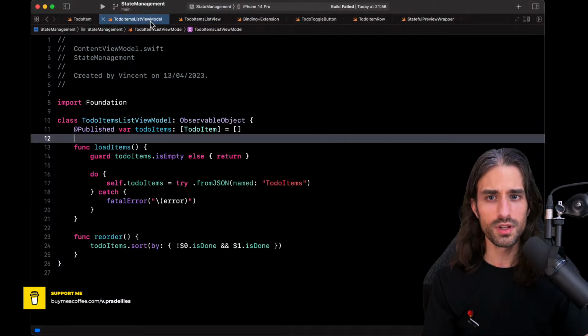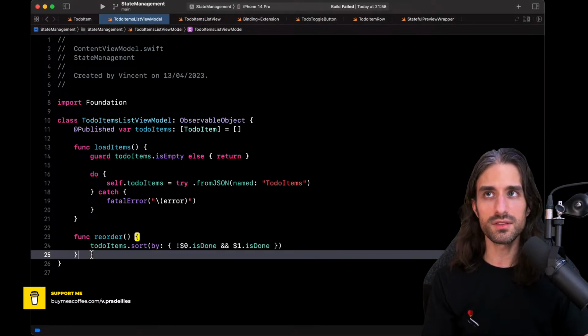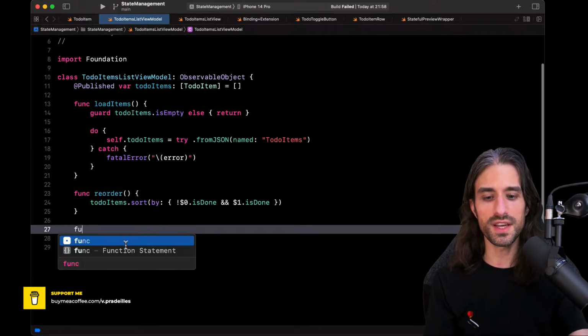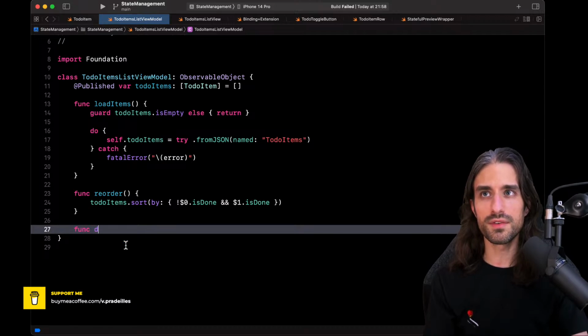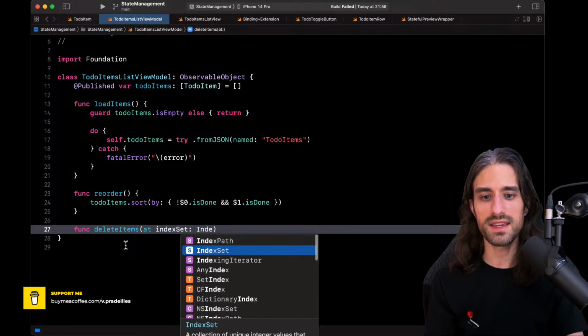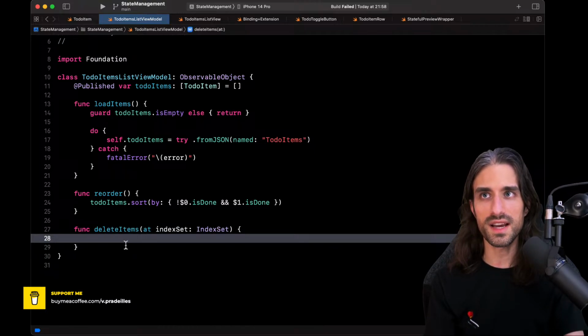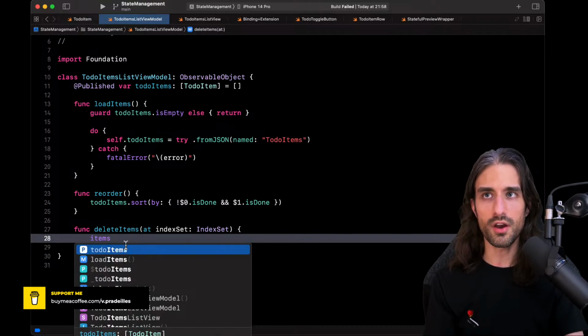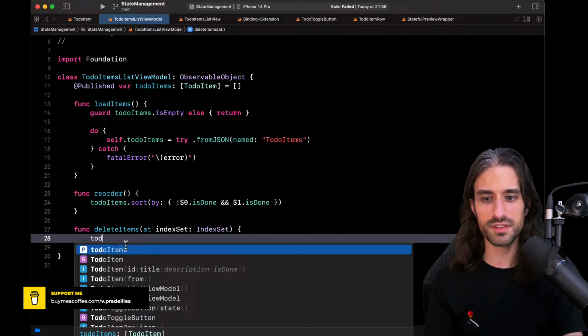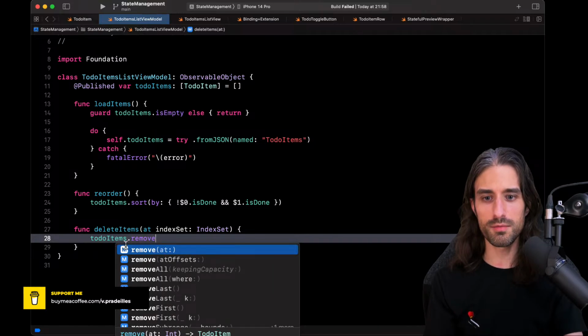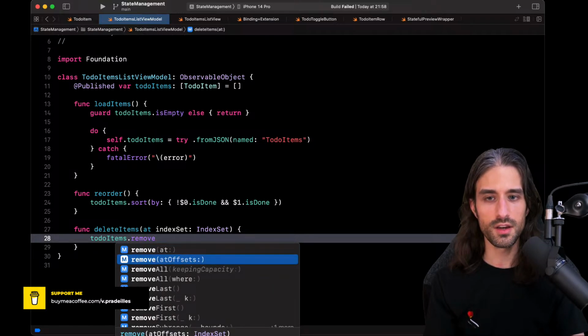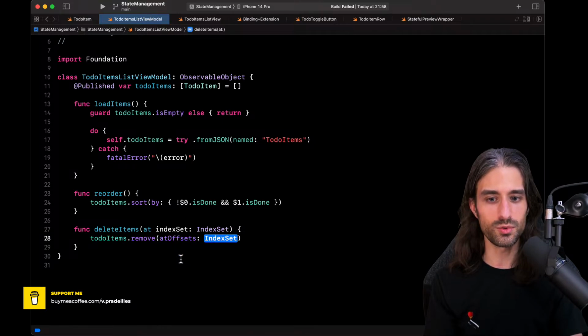And what we're going to do is implement inside the view model the method for that. So I'm going to implement the method delete items at index set. And what's nice is that on arrays, so on to-do items, I do have a method remove at offsets, which takes an index set as its argument.